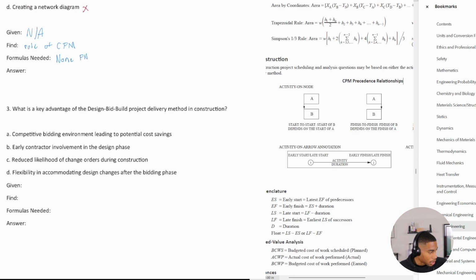So let's just go through our process again. So the given is not really applicable. What are we trying to find, right? Well, we're trying to find an advantage of design, bid, build. All right. Are there any formulas needed? None. But you do need prior knowledge. So